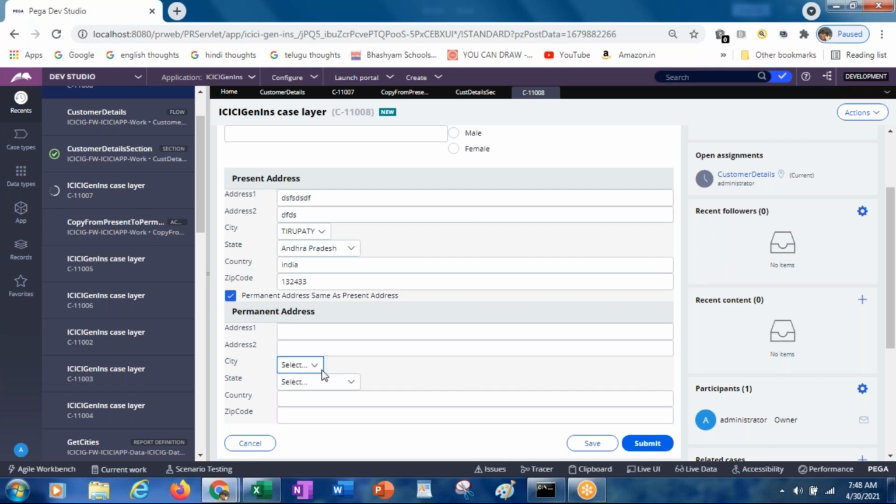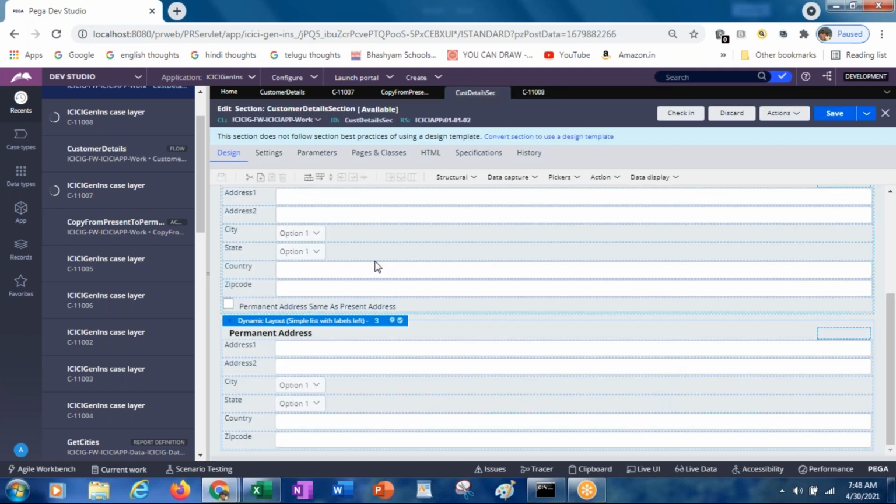These values have to be populated here. So how exactly can you populate? For that we have created an activity. Now that activity has to be called from here, on click of this.